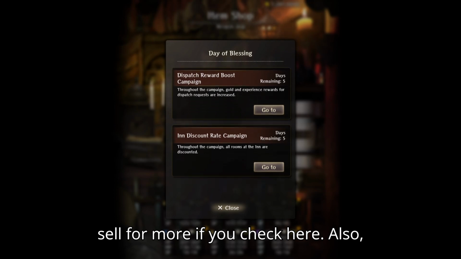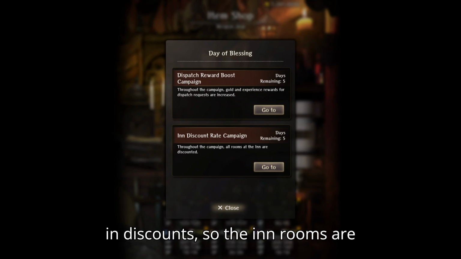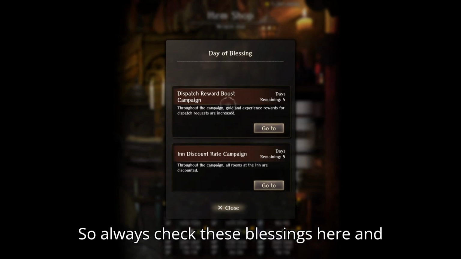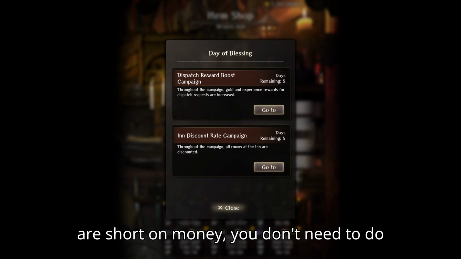If you check here, it's also great to always check what is happening here, right? So now we have some inn discounts. So the inn rooms are cheaper, and here we get more rewards by dispatching, right? This upper one. So always check these blessings here, and you can keep your sell-only items and only sell them whenever they are buffed, so you'll get a bit more money, but if you are short on money, you don't